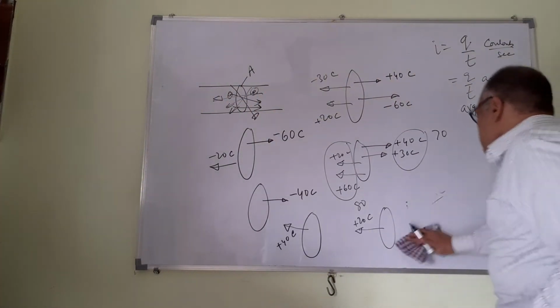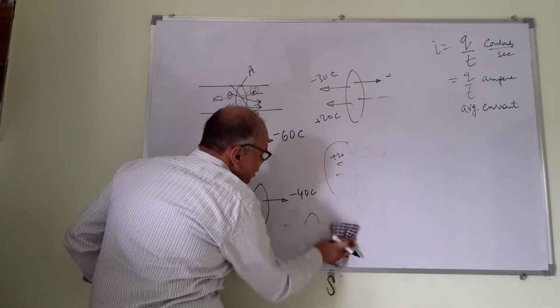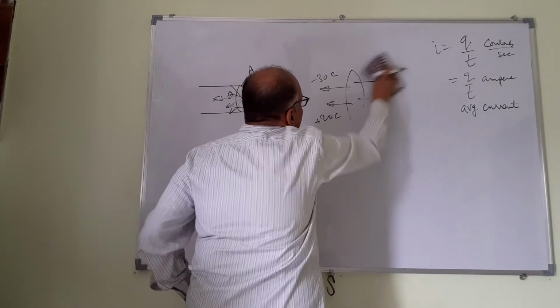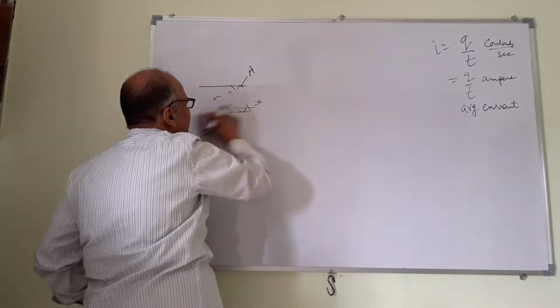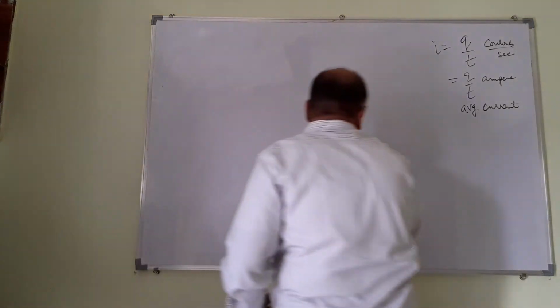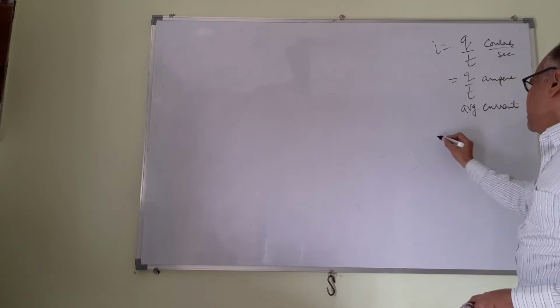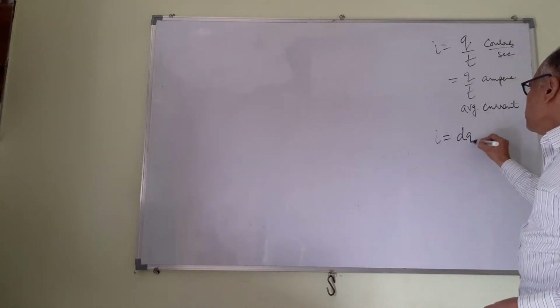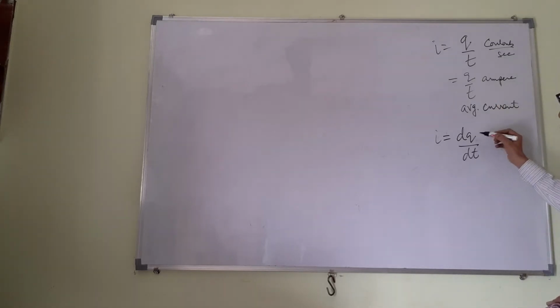Now the question is, how do you get the instantaneous current? So we use the idea of calculus here, and we take an infinitesimal time dt, small time tending to 0, not 0 but tending to 0. It's a calculus concept. Those of you who are familiar with calculus will understand this easily. Otherwise, you can just pick this up, that I is equal to dq by dt. dq is the infinitesimal charge flowing in an infinitesimal time dt, this is the instantaneous current.